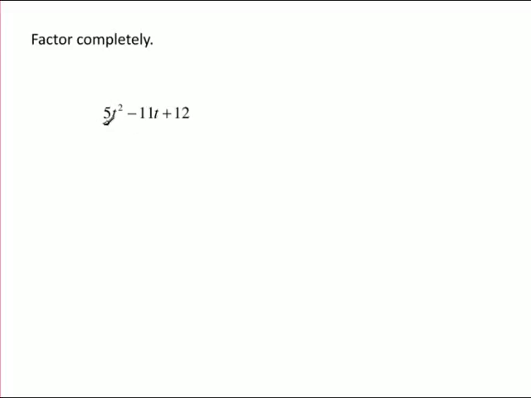Here we have a trinomial with the coefficient of 5, so we can't use the X puzzle. I'm going to try to use bottoms up to try to factor this trinomial completely. So I'm going to remember to draw my X, and the middle coefficient goes at the top of my X, so